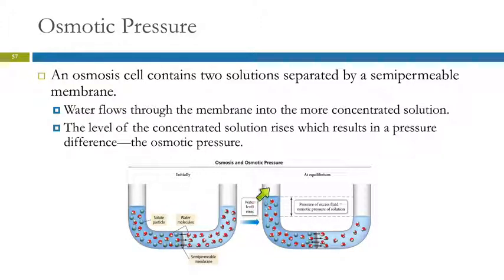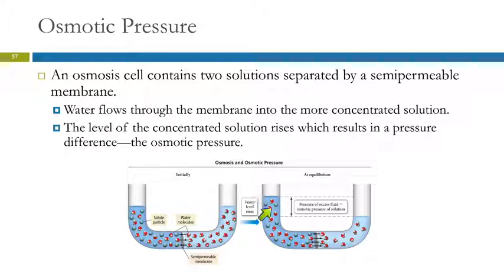And that will cause the level of liquid on this side to go up and on this side to go down. Now nature's not too happy about that either. If there was no barrier in the middle, the levels of liquid on both sides would be the same. So there's a balance here. It doesn't like the concentration difference. It also doesn't like the level difference. So it'll go until it gets a balance,